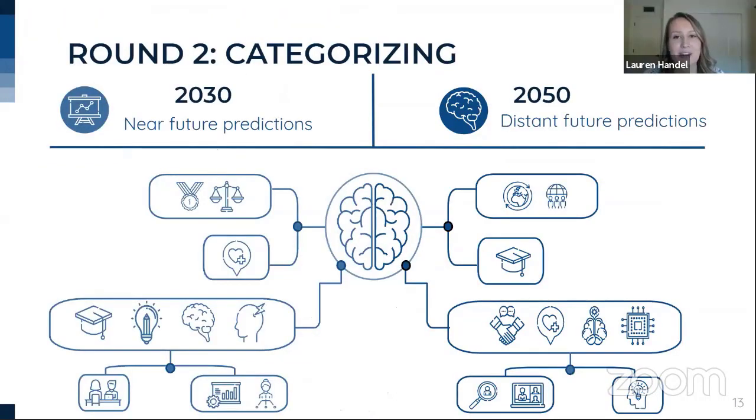The goal of the second round, or the categorization round, was to generate as many original ideas as possible within the university categories. We broke our survey into 2 parts, first asking for predictions about 2030, and then moving on